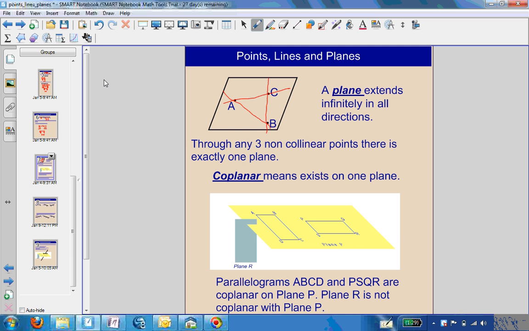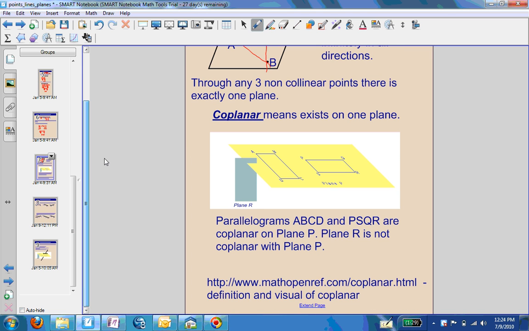So we have a picture down here and a website to look at. Coplanar means exists on one plane. So in this picture down here we have plane R and plane P. Plane P is the yellow plane, plane R is the blue plane. The 2 planes are intersecting. Now this parallelogram ABCD is on plane P. This parallelogram PQRS is on plane P. The 2 parallelograms are coplanar. Any points that we put on this plane will be coplanar, as long as they're not collinear. The 2 planes themselves